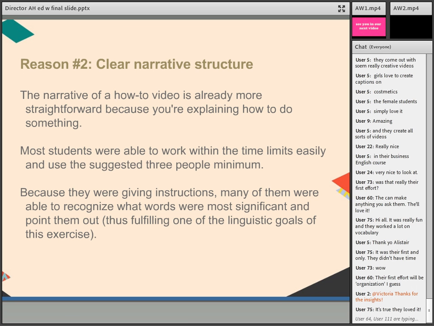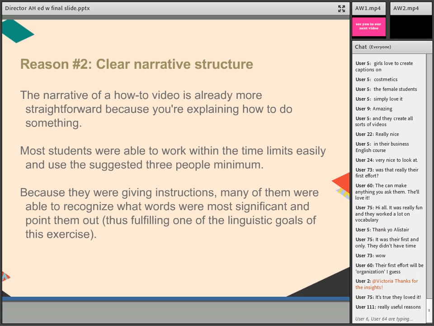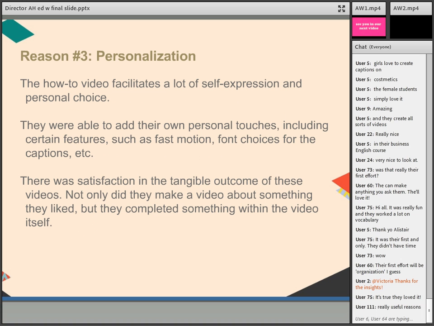And then I mentioned also about the linguistic goals of the exercise, that you can make corrections to captions that are made. Let them go for it. Don't get hung up on whether they're making errors or not when they're making their narratives, when they're making these captions. Let them just do it. You don't want to stifle that creative process. These are things that you can change later. And the great thing about film is that it's easy to change. So you just go back in and change it after they have their little movie review or whatever with their other students. And finally, personalization.